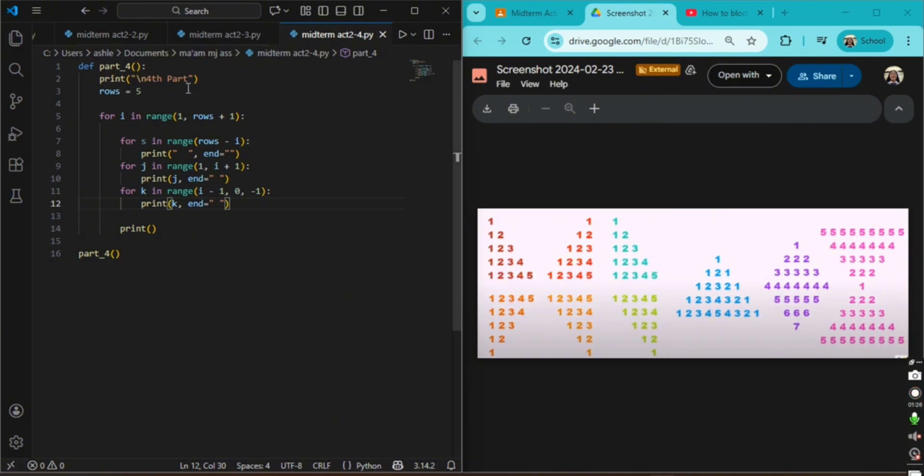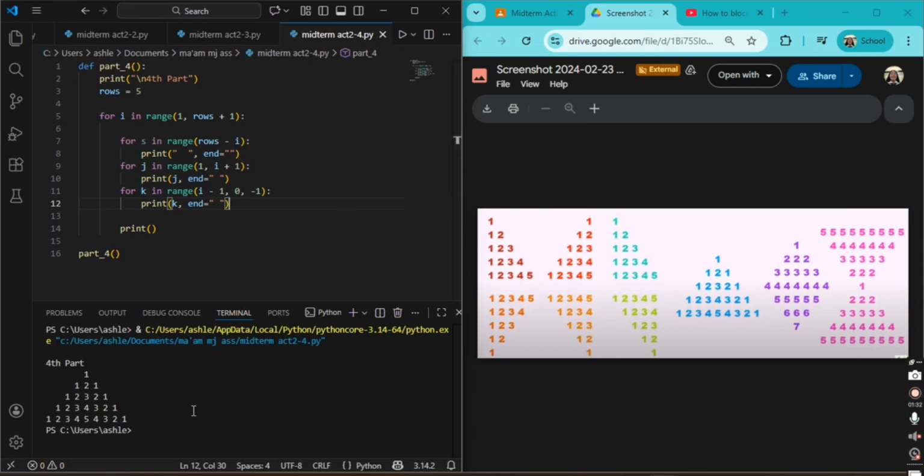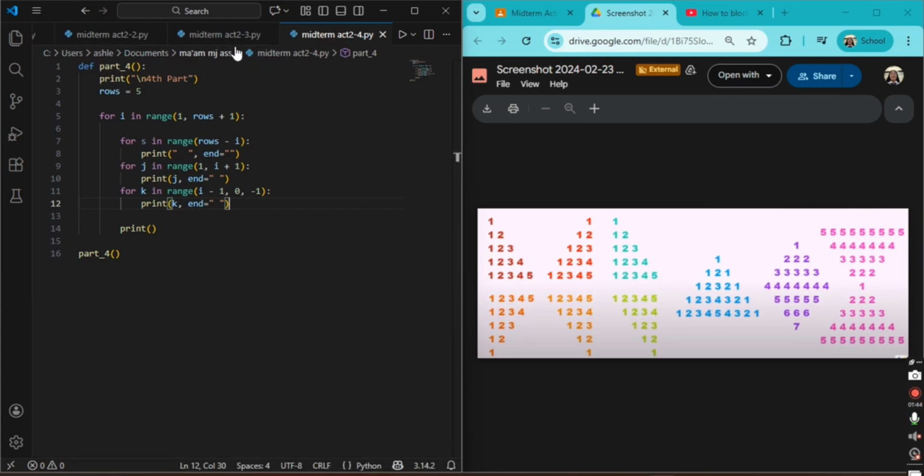So let's have the output, it has the same output here. So here 1, 1 2 1, 1 2 3 2 1, 1 2 3 4 3 2 1 and the rest. And next we will be having the part 5, the next part, which will be this one, a diamond